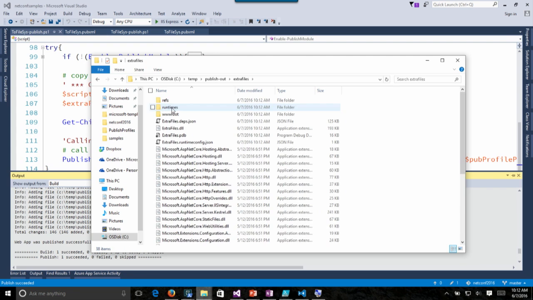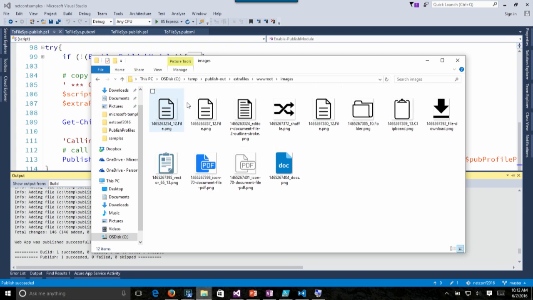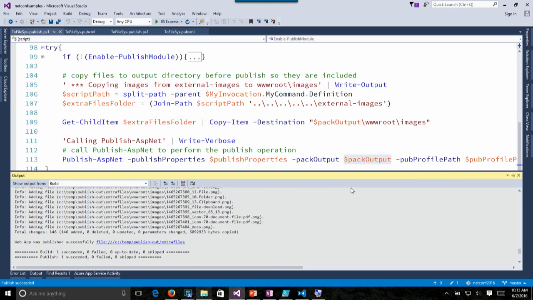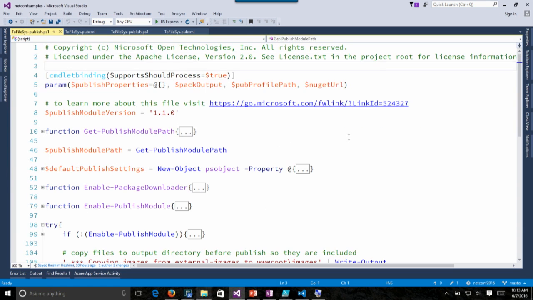Oops, sorry, wrong folder there. All right, extra files, wwwroot. And then, so this is where we saw in the original wwwroot images, we just had one image. But now when I publish, I get the full set of images here. Okay. Let's go back and we'll spend a little bit more time talking about the parameters that come through here,